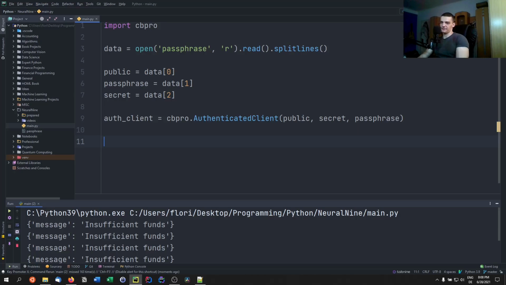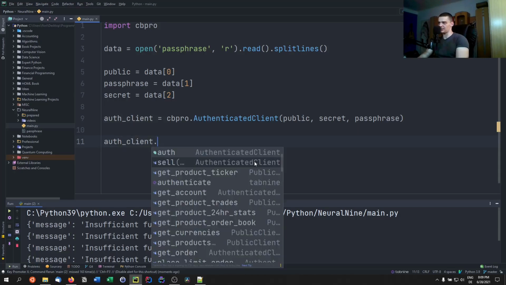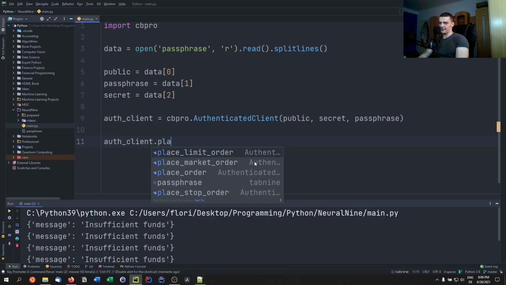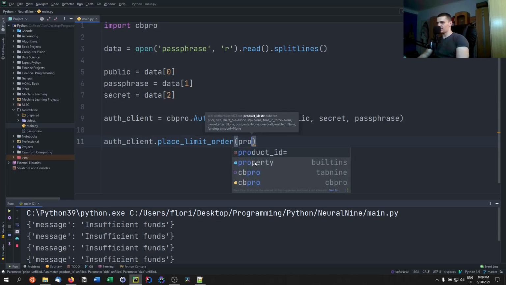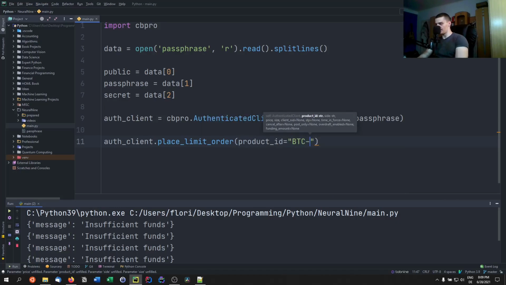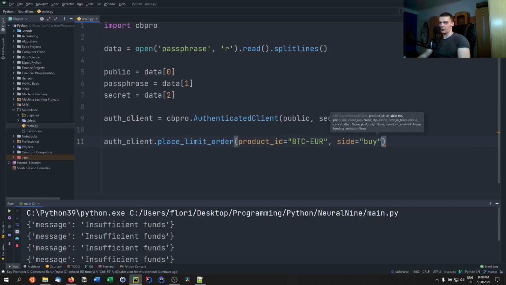If you don't want to specify that the order type is this or that, you can just say auth client dot, and now you can go ahead and say place limit order. So you can just say in general, this is a limit order. And instead of specifying the order type, because it's already specified here, you can specify the side. So are you buying or are you selling? And we can say, okay, product ID is Bitcoin Euro, and I'm on the buying side, and I want to buy for a price of,